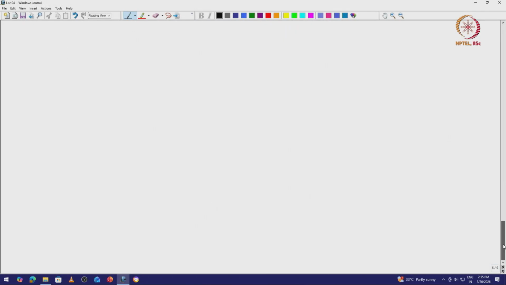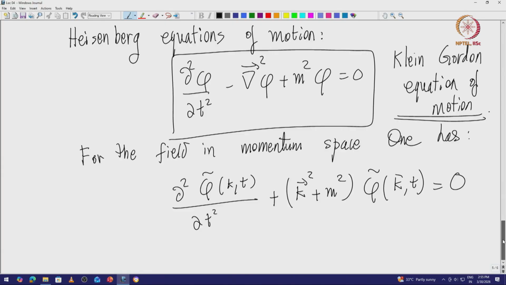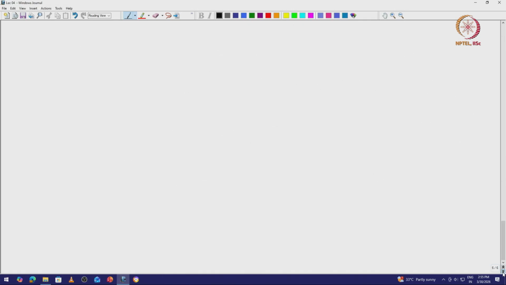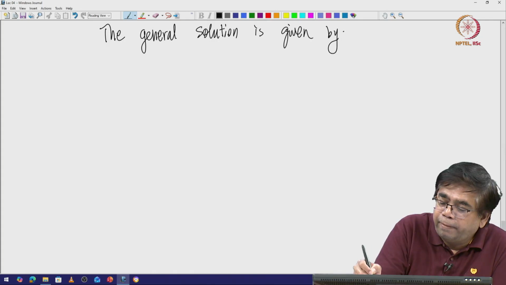But anyway, let us do this. This is just the dispersion relation of the wave, and this gives me the general solution. The general solution can be written as